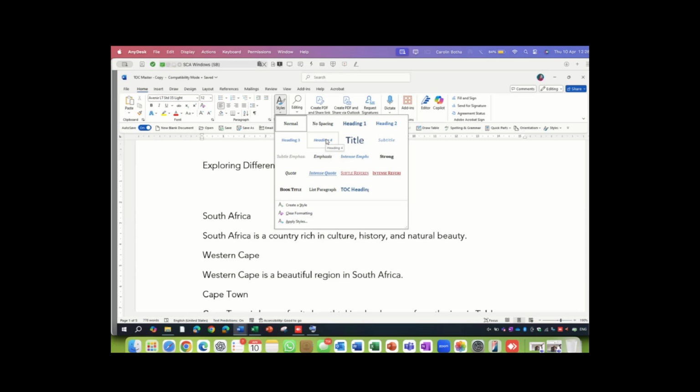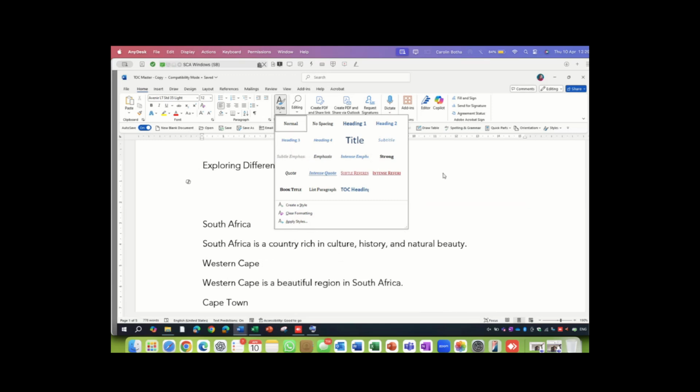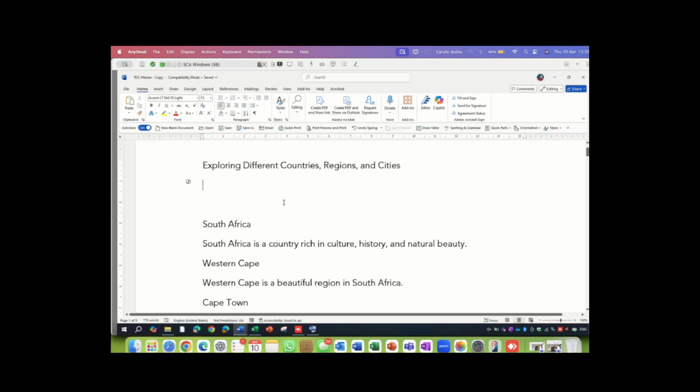Now imagine this. Heading 1 can be your typical, I'm not going to use the numbering style though. There is a combination, but not for today. Heading 1 can be something like the first point 1. Heading 2 can be something similar, just to explain this, 1.1. Heading 3, 1.1.1. So it's 3 levels. Heading 4, 1.1.1.1. And you can go up to 9 levels down if you like. I've never used that before, I must admit.